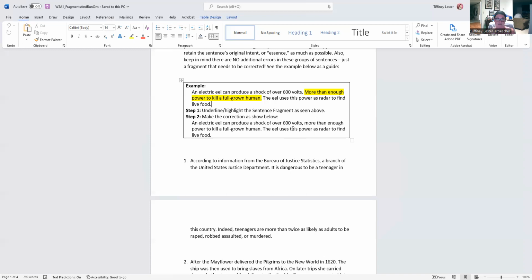And that's okay. You can do that if it makes more sense to you, if it sounds better. But it's not a hard thing to fix, but you do need to fix it. So make sure that you are completing step 1 and step 2 for each set. First, identify the fragment by either underlining it or highlighting it. There will only be one in each set. And then correct it,